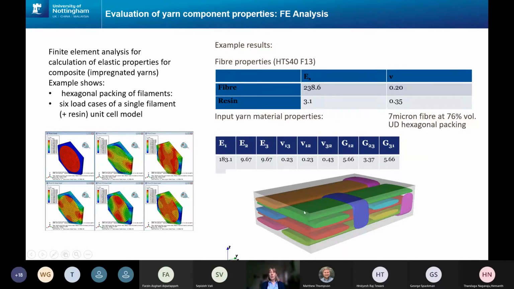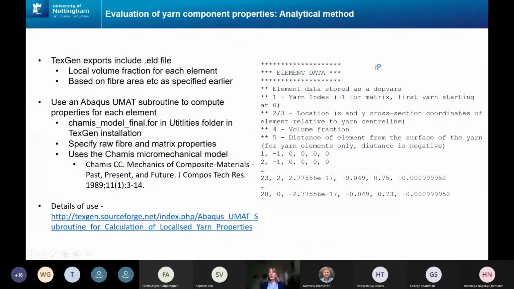So in this case, you might set up a simulation which says, OK, we're going to assume that we've got hexagonal packing of our fibres. We're going to assume that we've got a 76% volume fraction within the yarns. Set up the simulation, run it, and then that will give you the material properties which you can then put into TextGen. Alternatively, you might want to make use of the data which is exported from TextGen, which includes the volume fractions in the yarns. So if you have